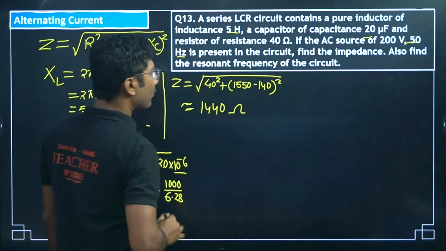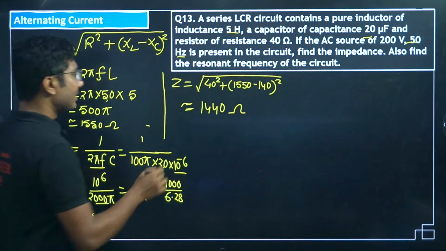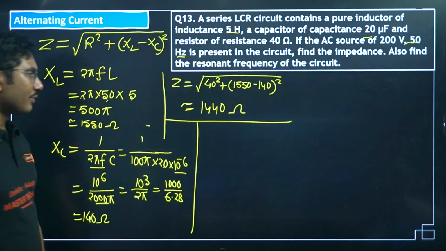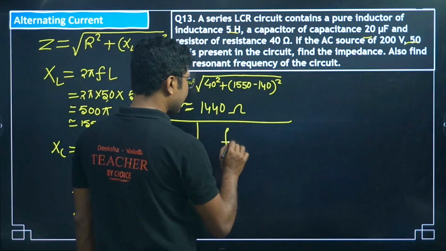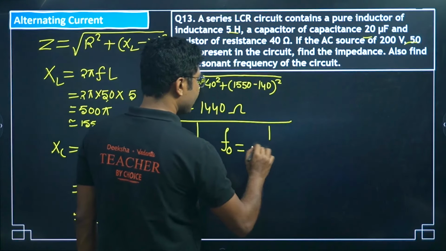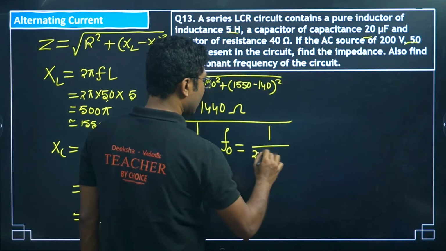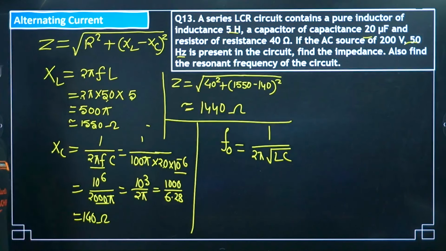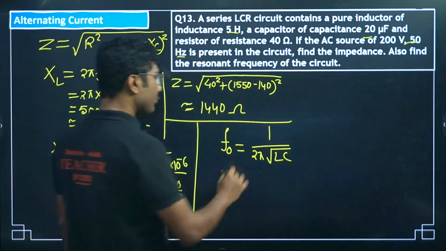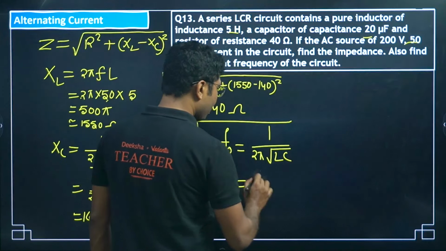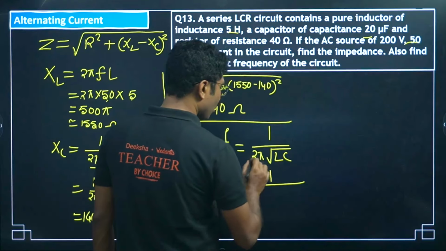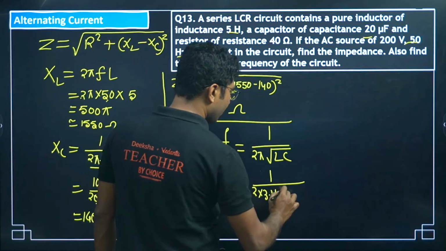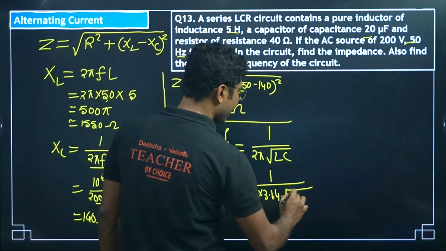Okay, I will correct it, no worries. Now, next part is to calculate the resonant frequency. So, resonant frequency, how to calculate that? The resonant frequency, there is a simple formula which is 1 by 2 pi square root of L into C. Directly use the formula, no need to prove this formula, and calculate. So, 2 pi is 2 into 3.14 and square root of 5 Henry into